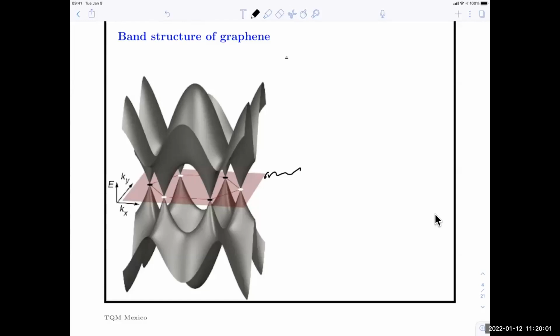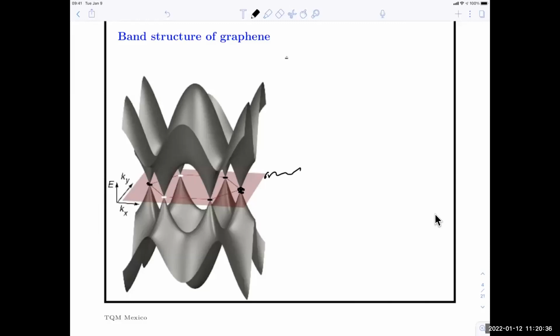Also, the density of electrons in graphene is such that the lattice is exactly half filled. There's one valence electron per site, and 2 would fit. That means that the charge neutral material has its Fermi level right at the symmetry point, which is on this gray plane and happens to be where these two bands touch at discrete points. And these are the so-called K points of graphene, and they're what's responsible for the relativistic spectrum there.